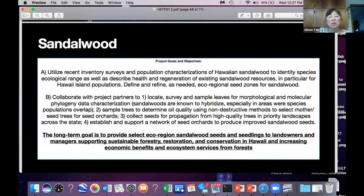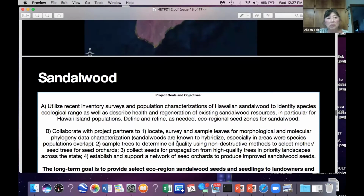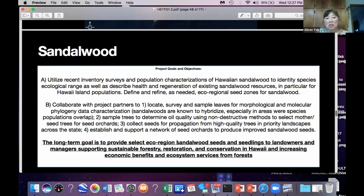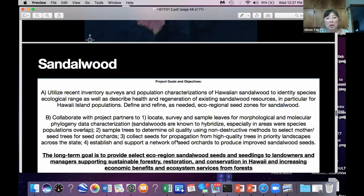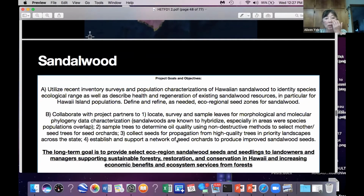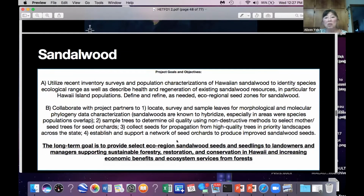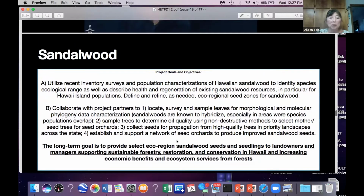To utilize recent inventory surveys and population characterizations of Hawaiian sandalwood to identify species, ecological range, as well as describe health and regeneration of existing sandalwood resources, in particular for Hawaii Island populations, and to define and refine as needed ecoregional seed zones for sandalwood. We want to collaborate with project partners to locate, survey, and sample leaves for morphological and molecular phylogeny